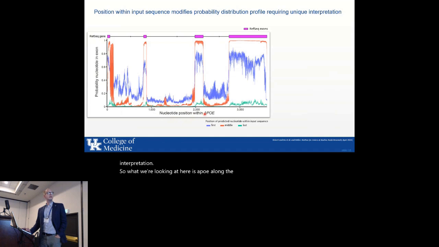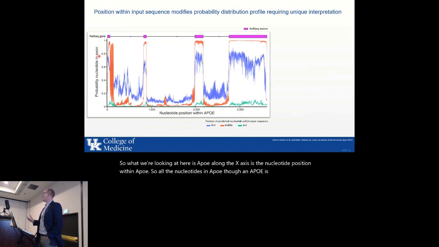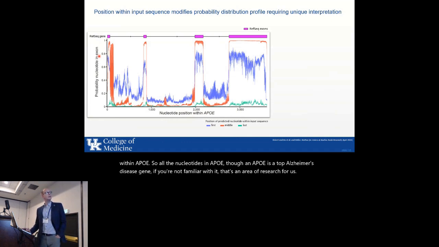Along the x-axis is the nucleotide position within ApoE, so all the nucleotides in ApoE. And ApoE is a top Alzheimer's disease gene. If you're not familiar with it, that's an area of research for us. And on the y-axis is the probability of each nucleotide being in an exon. I think the mouse froze. There we go. And along the top is the gene structure based on RefSeq, and it's aligned appropriately with the